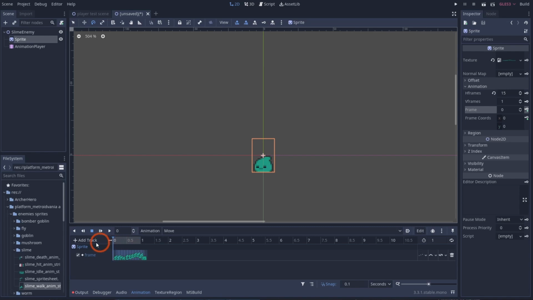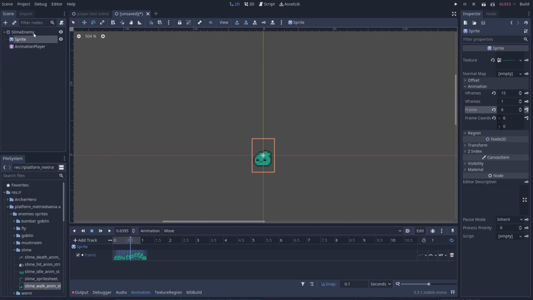I can actually just come in here and hit loop, and then hit play. And there we go. That easy. That's one of the awesome features of Godot, that you can just keep clicking that key and it'll put in each frame afterwards for your animation. So it saves you a lot of time.